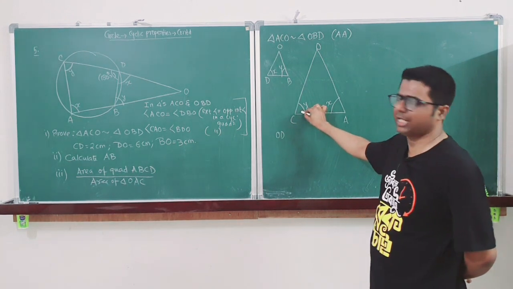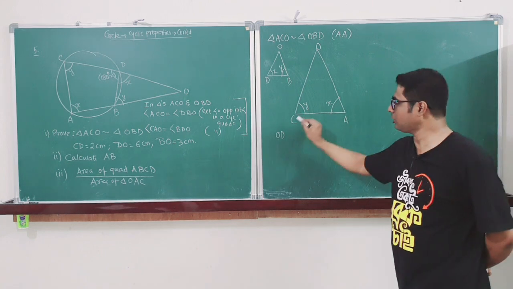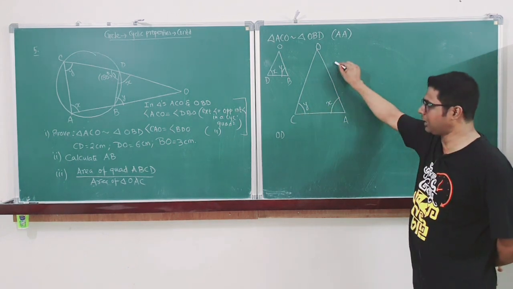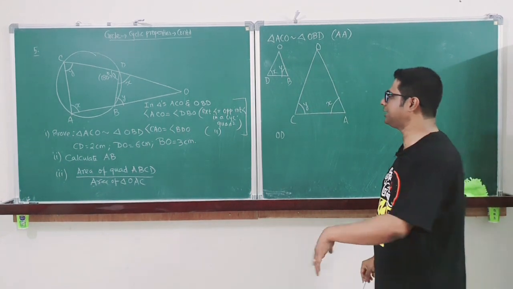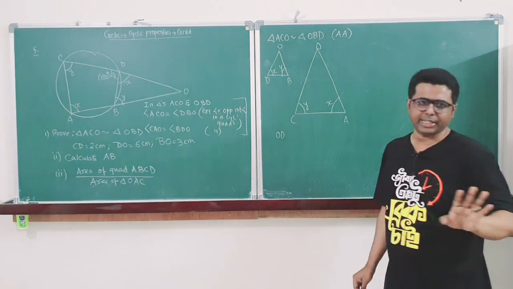Here also I will take angle Y. What is the side opposite to angle Y? OA, not OC, OA, is opposite to angle Y. Invariably, what mistake do we make? We take this side divided by this side. That is not the case.